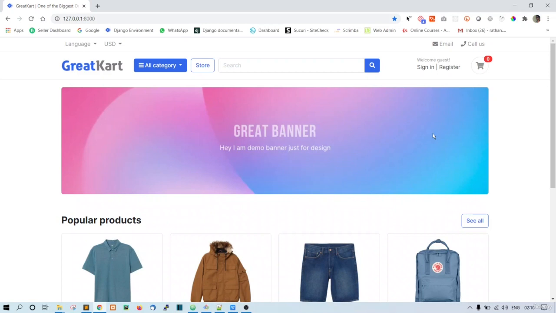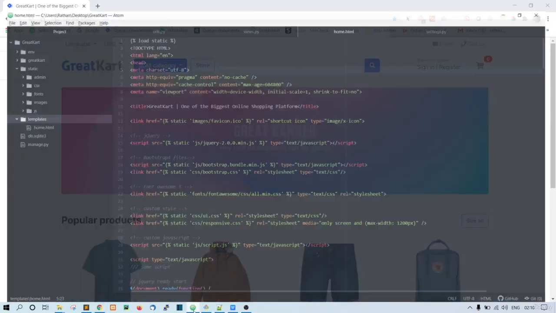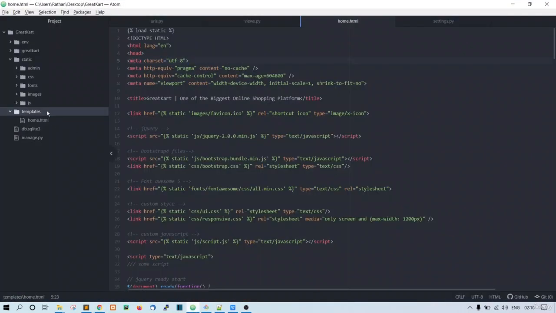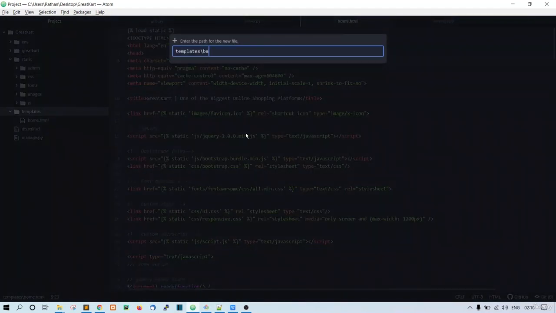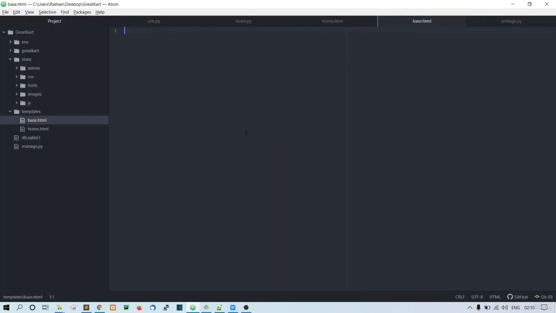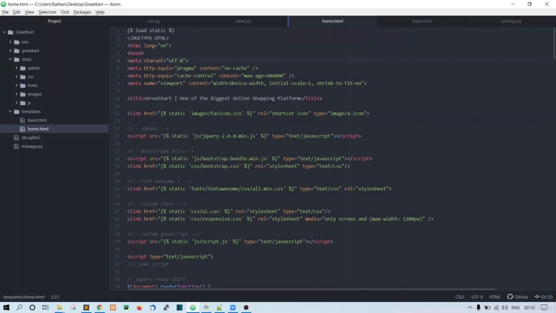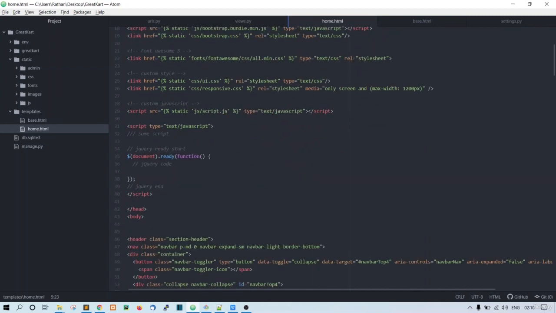Alright guys, so now we want to create a base template. To create a base template we just go to templates. Here, right click on the templates folder and create a new file. Let's say base.html. Once this is created, go to the home.html file and from this body, the